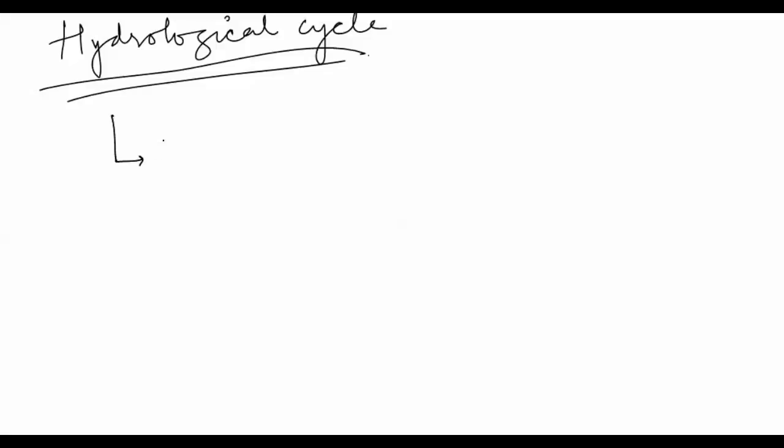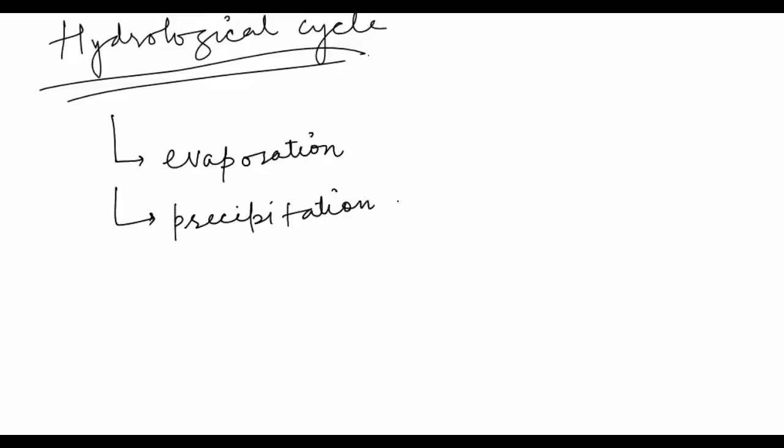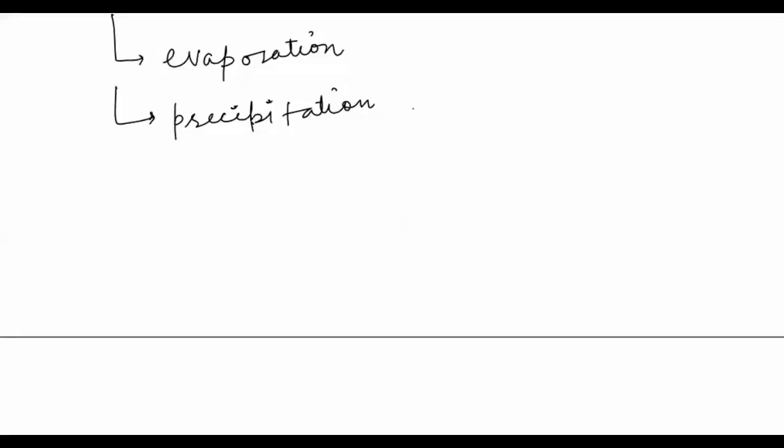So basically it is a process of evaporation and precipitation. And we know evaporation is basically a cooling process because of the heat, the water gets evaporated. So if we see this whole hydrologic cycle on a diagram,